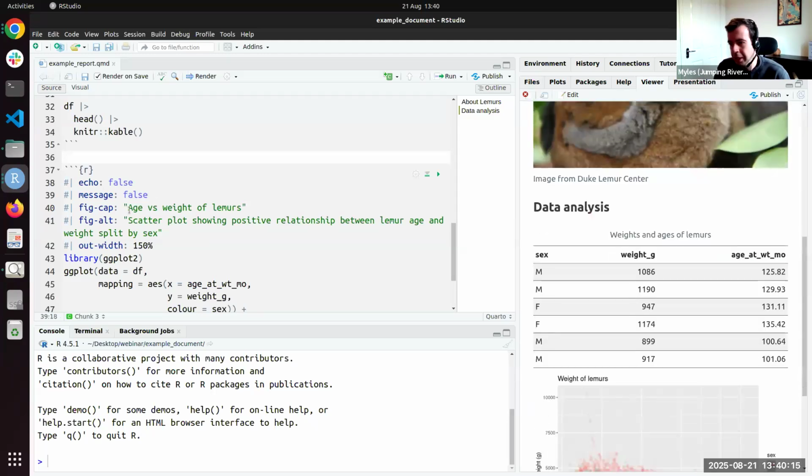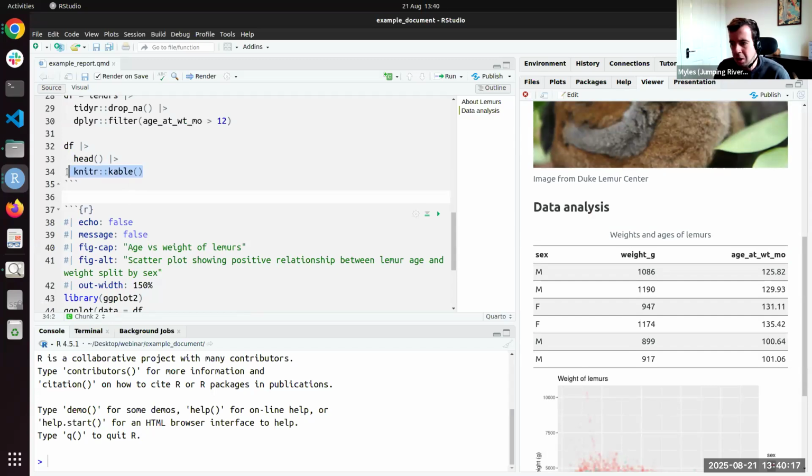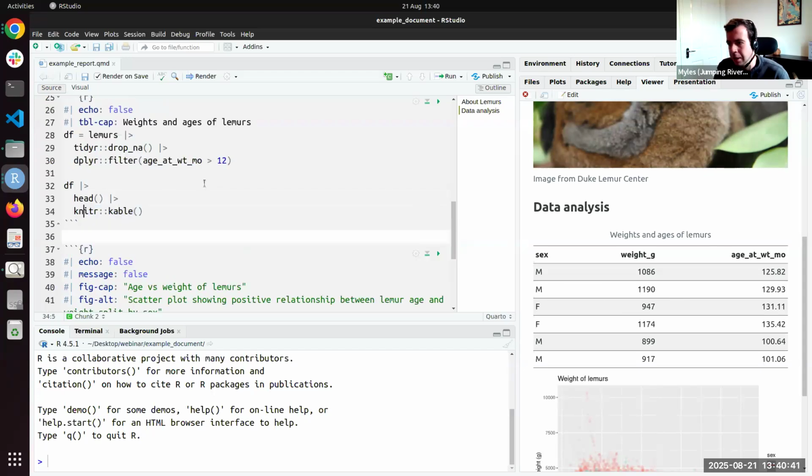Just a final note as well, I've used knitr, I've used the kable function from knitr to visualize the table. If you search the documentation for kable, it's basically got a lot of customization options for how the table gets displayed. So there are options to have individual rows of the table highlighted and that sort of thing. So that's why I've used kable here to do this. So I recommend having a look through the documentation there.